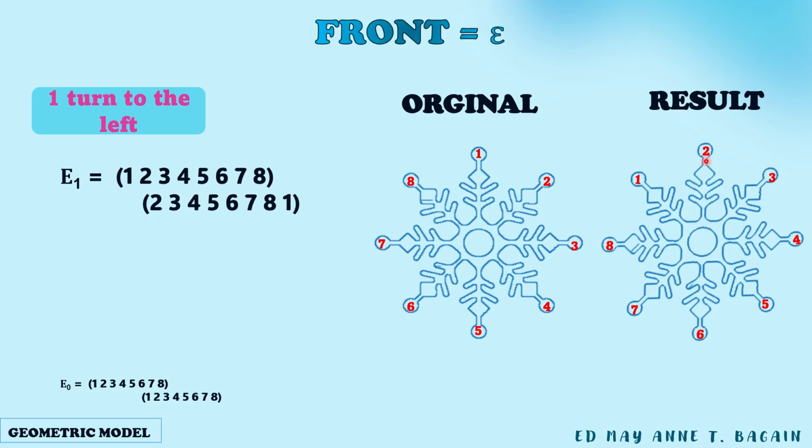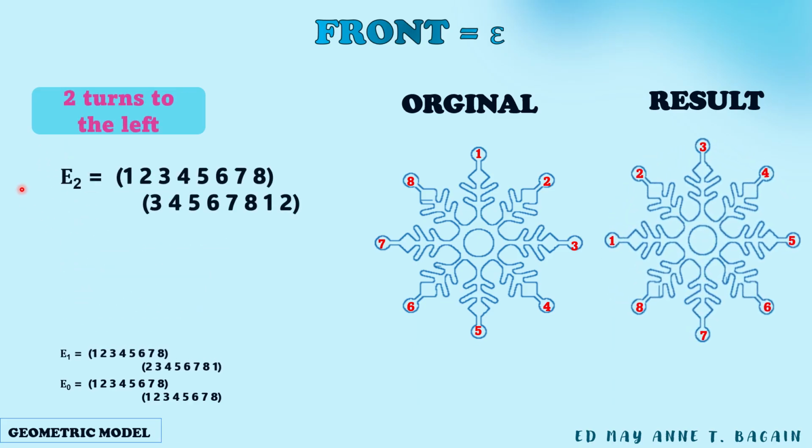So as we can see, the 1 will be 2 here, and then the 2 will be 3, the 3 will be 4, the 4 will be 5, the 5 will be 6, the 6 will be 7, and 7 will be 8, and the 8 will be 1, as we can see. Okay, and then let's check what would be